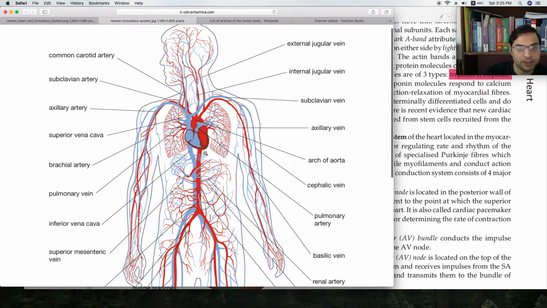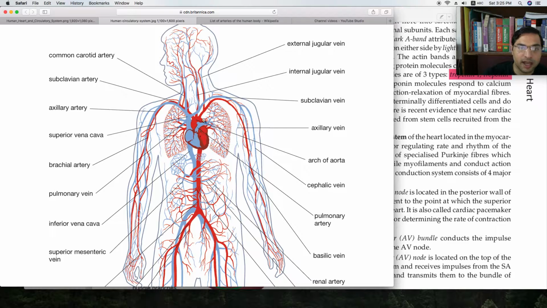So this is the sagittal section of the heart, and now you can see the red is the oxygenated blood and the blue is the deoxygenated blood. So now let us first learn the red. So this is the oxygenated blood and this is the arc of aorta, right? The arc of aorta is giving three branches. First to the right, second to the upper body, and third to the left, right? So arc of aorta, and arc of aorta is turning back and going down, right?